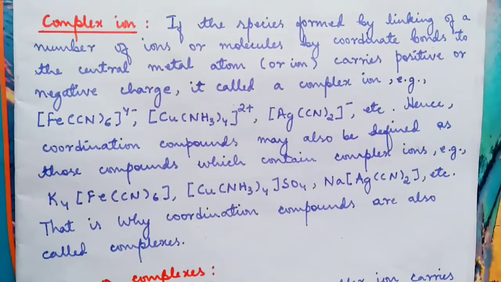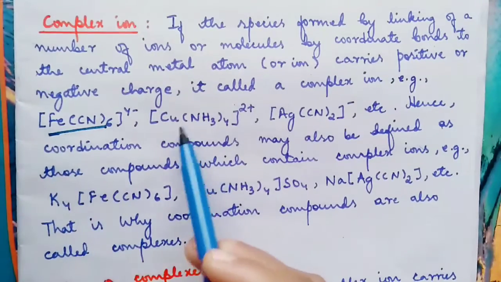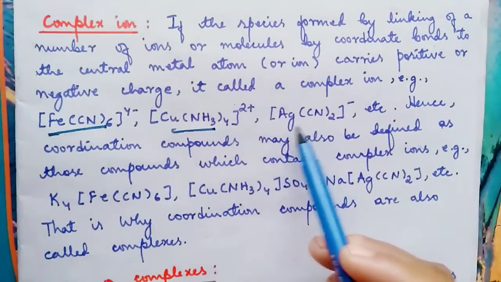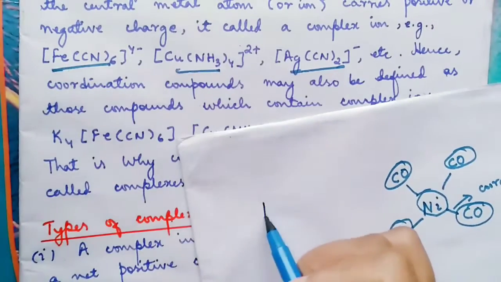Now what is a complex ion? It is the species formed by linking of a number of ions or molecules by coordinate bonds to the central metal atom, and that species carries a positive or negative charge, then it is called a complex ion. These are examples of complex ions. We see that in the first one, this is a central metal atom,